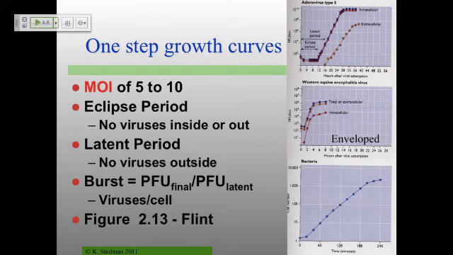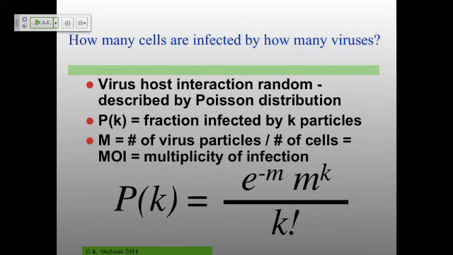So what about MOIs? And why do I keep beating on this whole idea about MOIs? Well, to do one-step growth curves, you have to have a high MOI. Why do you have to have a high MOI? Well, that's because the interaction between viruses and cells, remember, these are populations. They're not individual particles that we're talking about here. They're random interactions. And so that random interaction is really nicely described by a Poisson distribution, which is down here at the bottom. Don't worry about memorizing the formula. If I give you something like this in an exam, I will give you the formula.